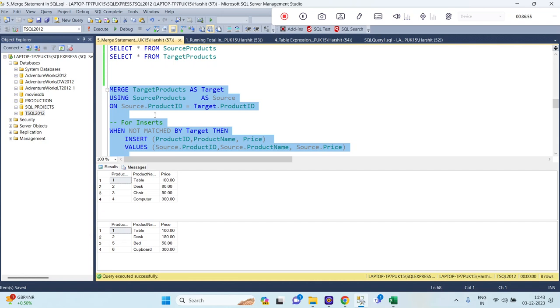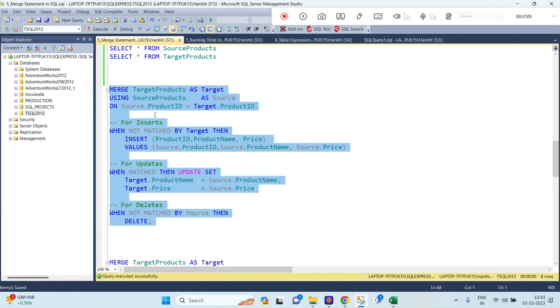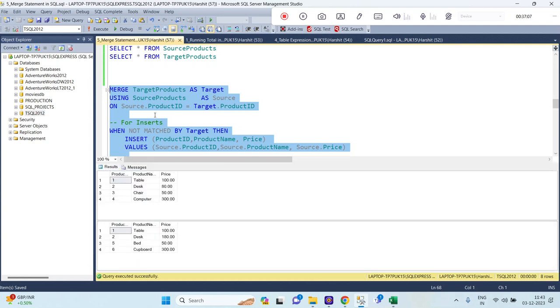We are giving source ID, right? 1, 2, 3 not matched, like it's not matched, right? Come down, delete. Yeah, it's not matched, right? Okay, then 5 and 6 will get deleted. Yes, row 1 and 2 will get updated, and 3 and 4 will get inserted, right? Yes. Okay, now let me execute this query